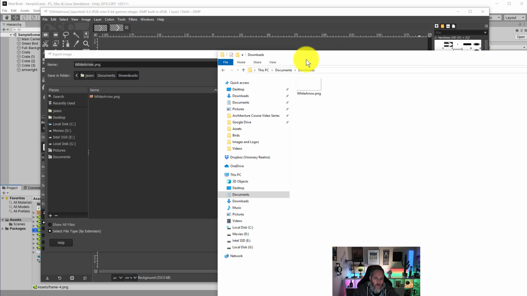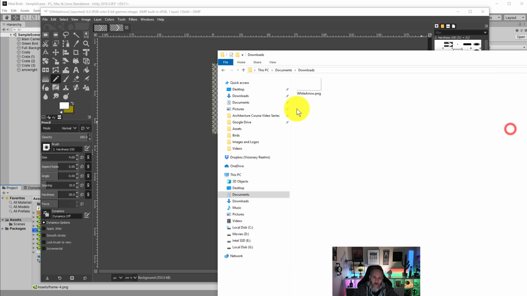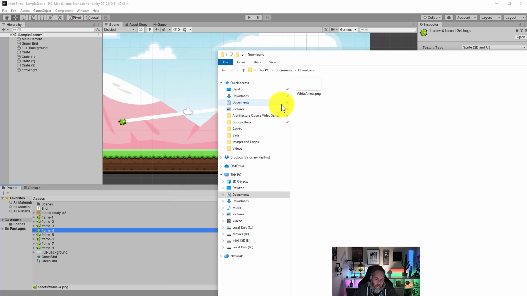All right, it actually went to my documents/downloads folder. I had to re-open it to look, documents/downloads. It's important to know where your files are being saved. So I find my download of the white arrow that I've just drawn, and we're gonna drop this into the